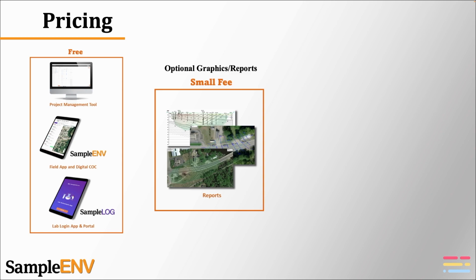About 95% of our users decide to opt into the reporting because of the value provided and the quality of the reports. Our fee structure is based on the amount of usage. It's typically called, in the software industry, a metered subscription model. Fees are calculated based on the volume of samples and field data collected and only charged if you opt into